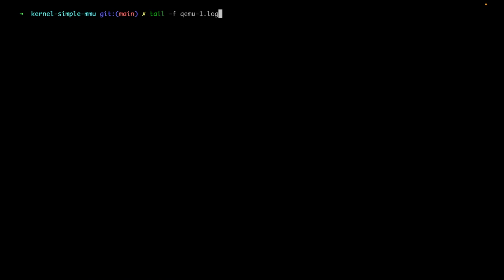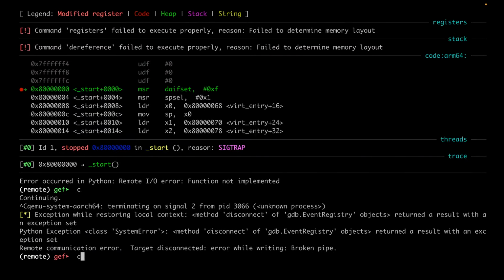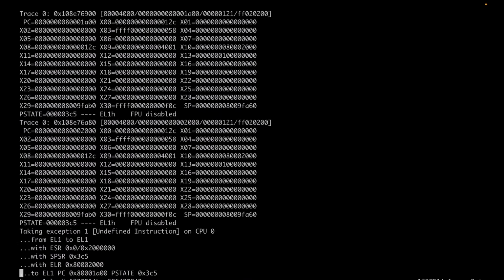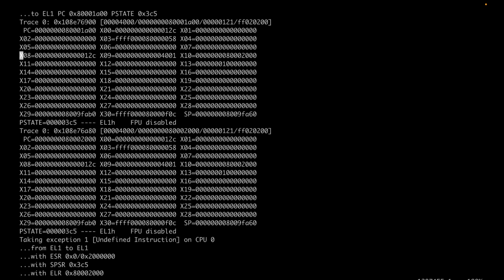Start a new session. Just continue it and break it. Now open the QEMU log. Now if I go to the end and come a little bit to the top,